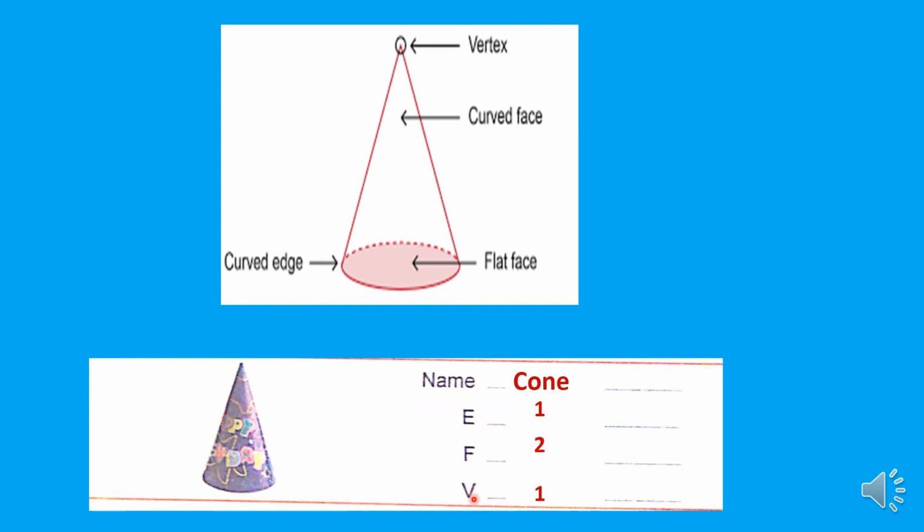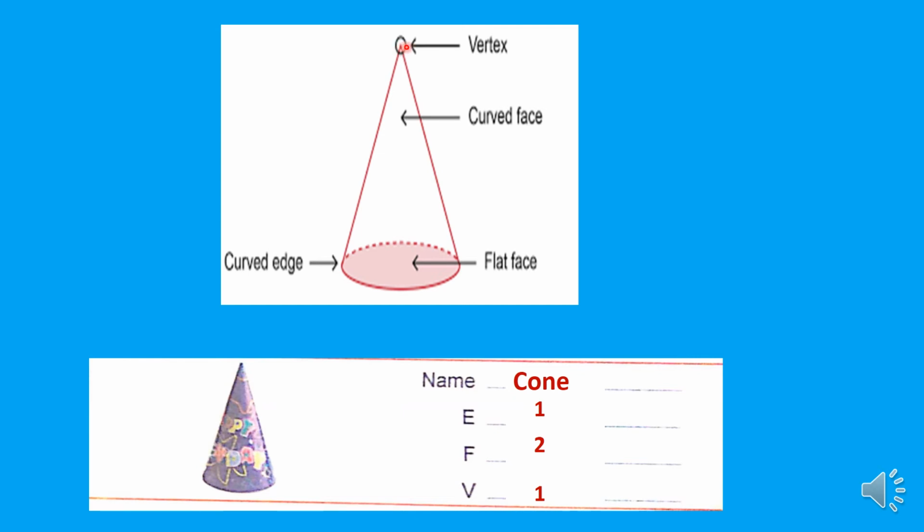Now we have to write vertices, so we have to count vertices. What is a vertex? The meeting place of 2 edges. But here in the cone we have only one edge. The point where the curved surface of the cone ends is called the vertex of the cone.